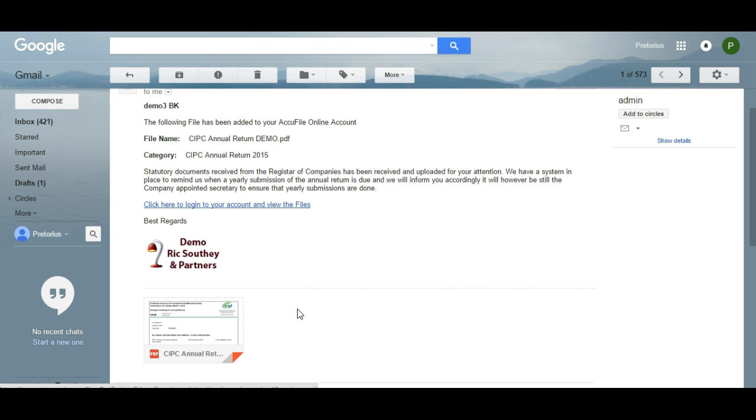Now, you do sometimes have sensitive information like financial statements that you would not necessarily like to go to the secretary, who might be, say, the one who opens the AccuFile system and receives all the mail. So what you can do to prevent that is to set up a sensitive email in your AccuFile system. Let me just quickly show you how to do that.